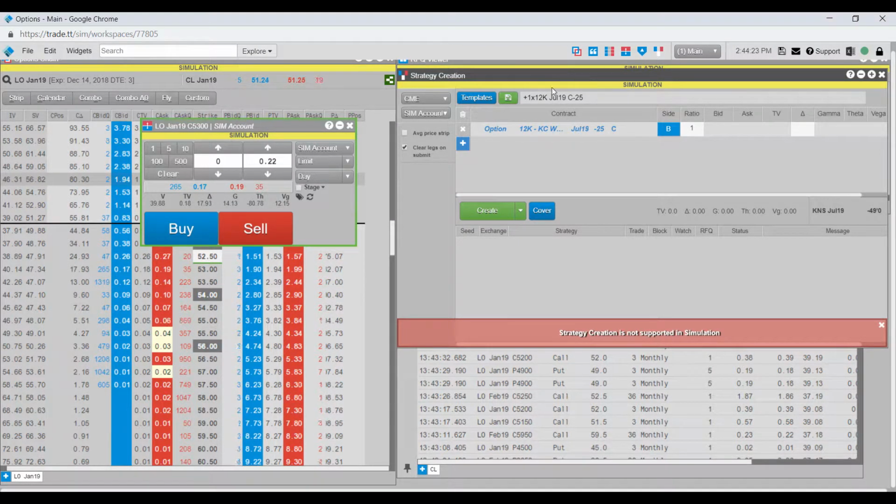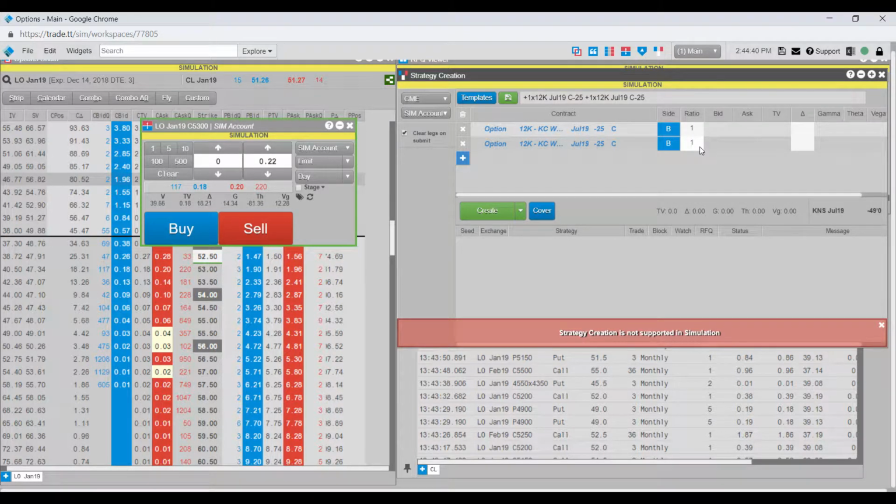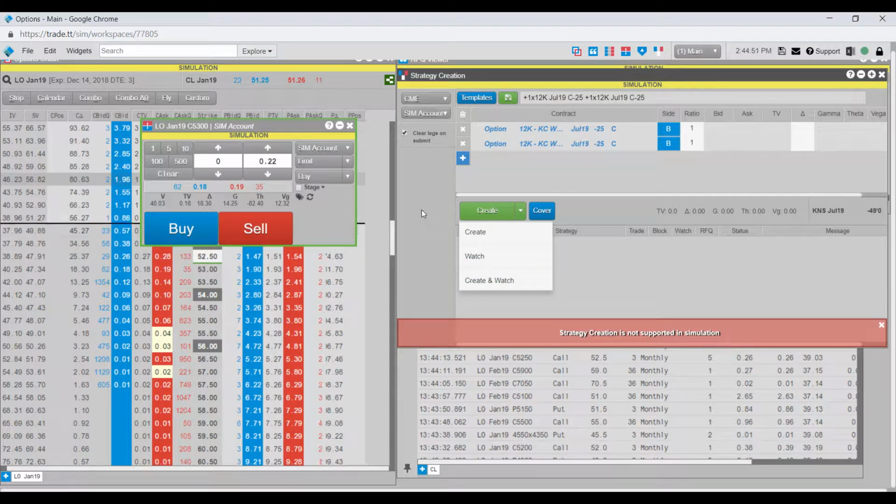So as you see here within the strategy creation screen, we can first filter by which exchange we'd like to create a strategy for, and then we can filter based off of which account. From here, we can create various legs of a strategy to create strategies of our own. And then once we have the strategy configured, we can go to create, and then we can create our own strategy. Now, you can also send it directly to the watchlist, which will not send it to the exchange yet, but you can watch, and when you're ready to act upon it,